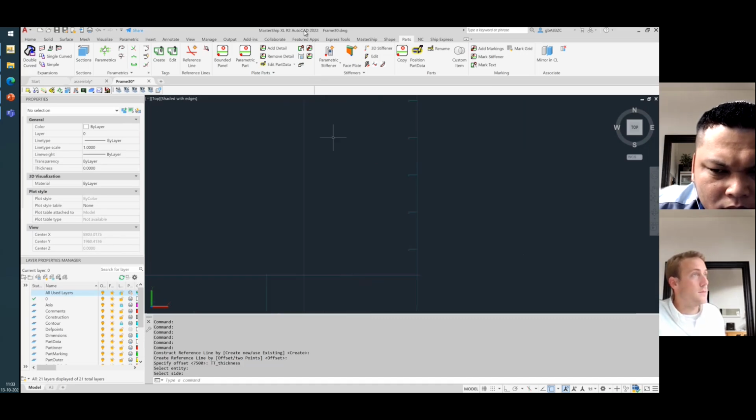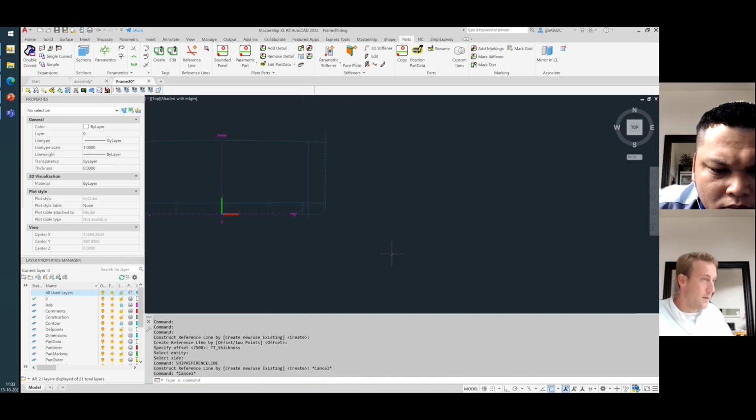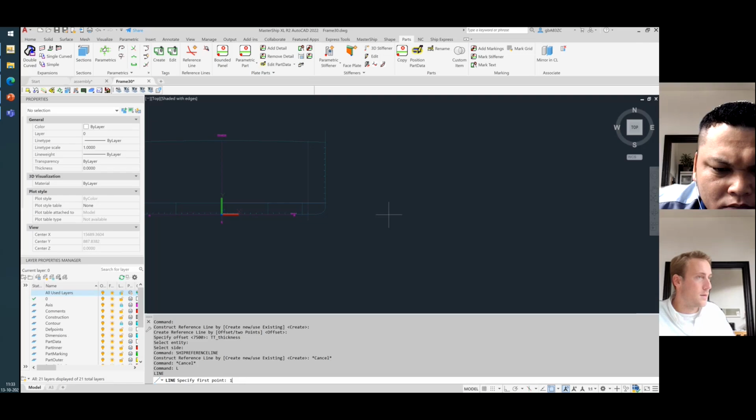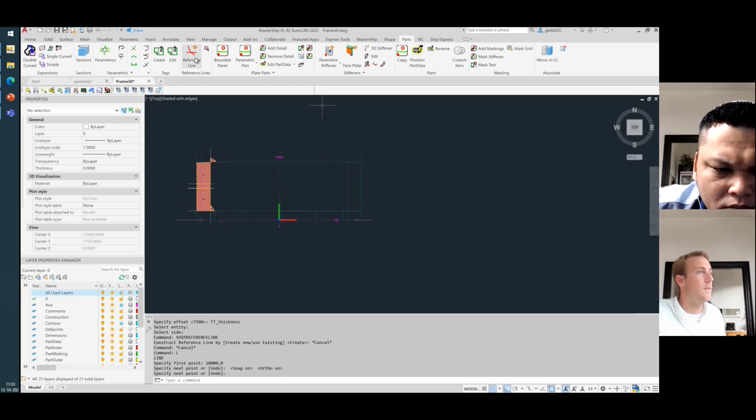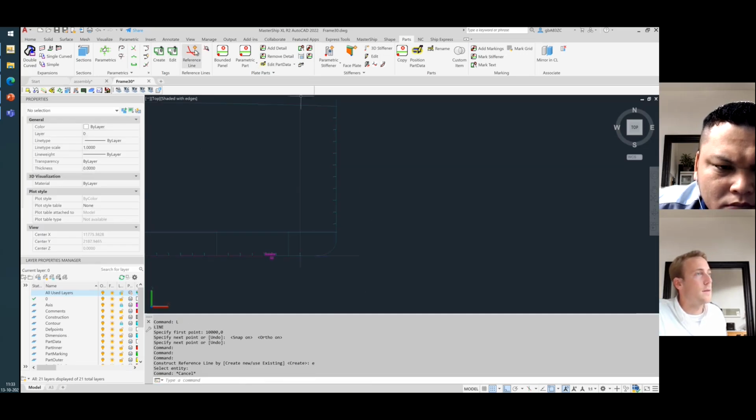And I can make another one. So I can make another offset. Let's first make a normal line here on 10,000.0. Here, so that's then a baseline. So this is now my base. And I'm going to offset this to here, so to